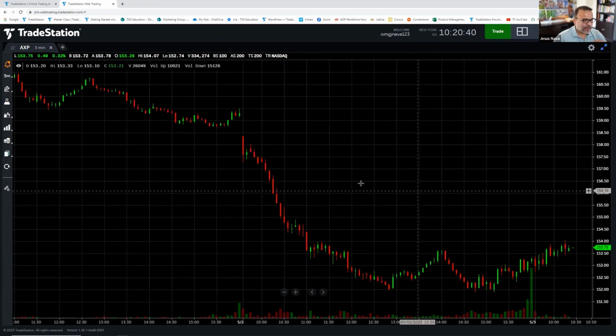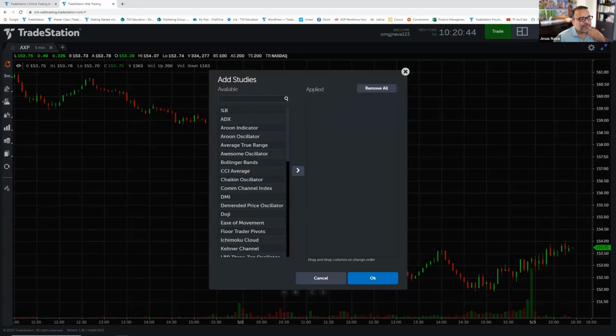Let me press delete here on the keyboard to remove it. You have a little beaker here on the left-hand side, so you can add studies. Again, the list of studies is going to be a select group of studies that have been selected for web trading. You don't have the hundreds of different studies that you find on the desktop, but we have the most popular